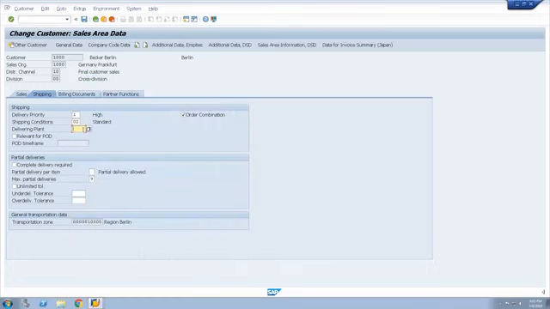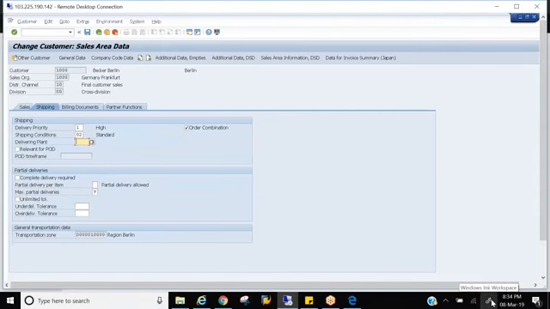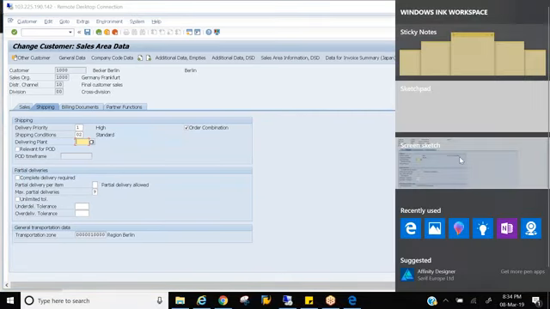As I just mentioned, what is the criteria to determine plant into sales document? Determinations are nice. It's very, very important. So this question can be, for sure, if you go to 5 interviews, in 3 interviews they'll ask this question: how does plant determine into sales document? There are 3 criteria.